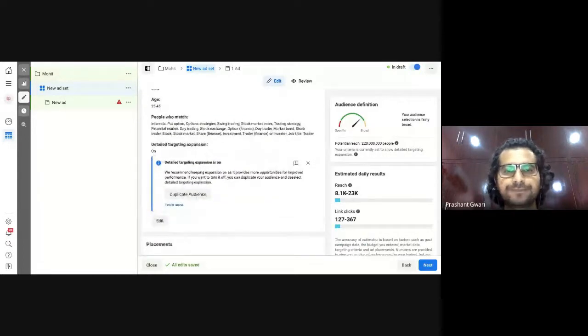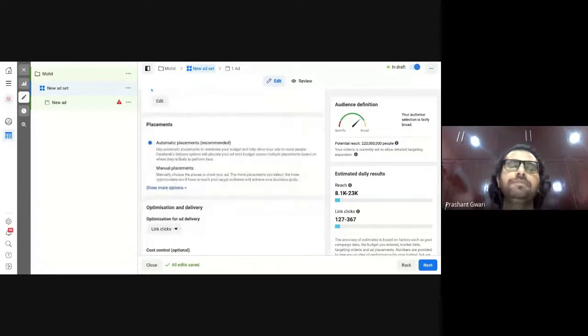Now come to the placement part. What is placement? Where do you want to show your advertisement? Facebook has a lot of companies. Facebook has Facebook, you use Instagram, Messenger, WhatsApp, and Facebook is also associated with the Audience Network. The other applications which show advertisements, like Truecaller. Everyone uses Truecaller. Whenever someone calls you, they show you the name of that person, and below that they show you the advertisement. Those advertisements are examples of Facebook ads, Instagram ads and Google ads.